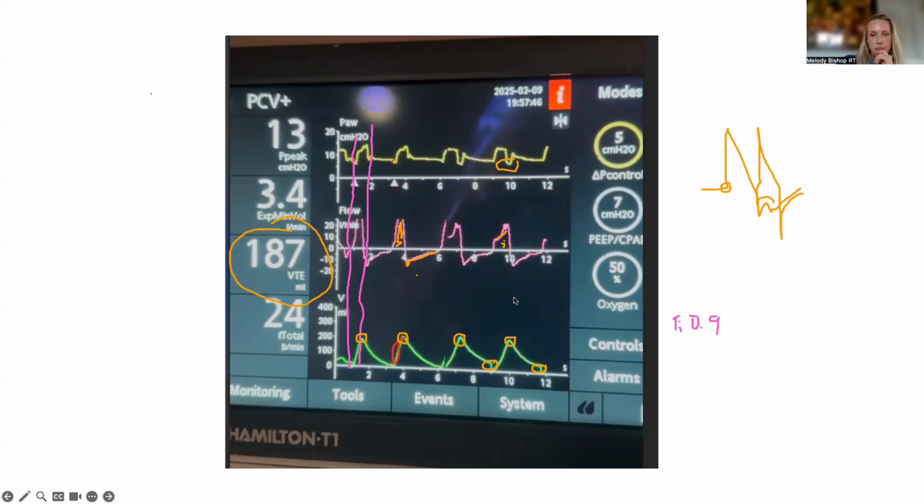I would need to ask Melody, what is the patient's situation? Are they sedated? Are they paralyzed? Are they awake and breathing? Because with reverse trigger, there's a pattern, and the patient should be sedated heavily. It comes up when you think the RASS is -5 but for some reason they're double triggering. Then you look at the pattern and you're like, wow, this isn't a double trigger, it's a reverse trigger.